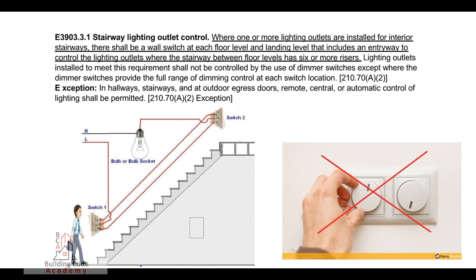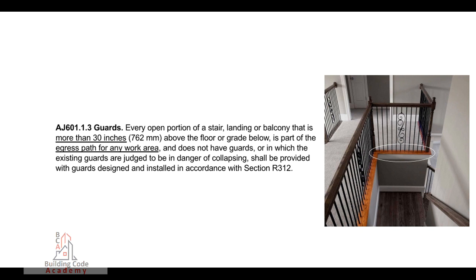210.70(A)(2) Exception. In hallways, stairways, and at outdoor egress doors, remote, central, or automatic control of lighting shall be permitted. 210.70(A)(2) Exception. AJ